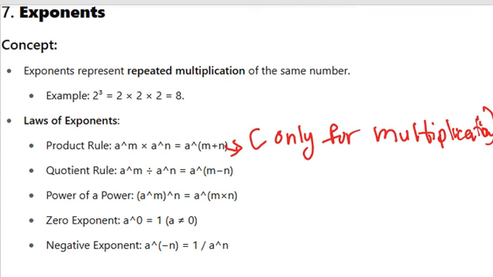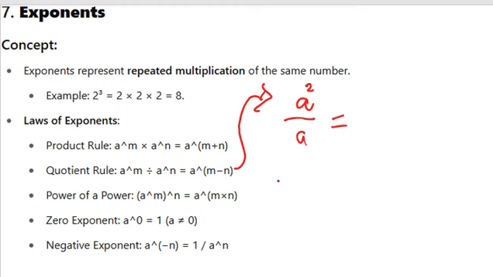It has to deal with the division. Okay, so let's deal with it. A division means we are dividing two quantities. Okay, so if you have A squared divided by A,